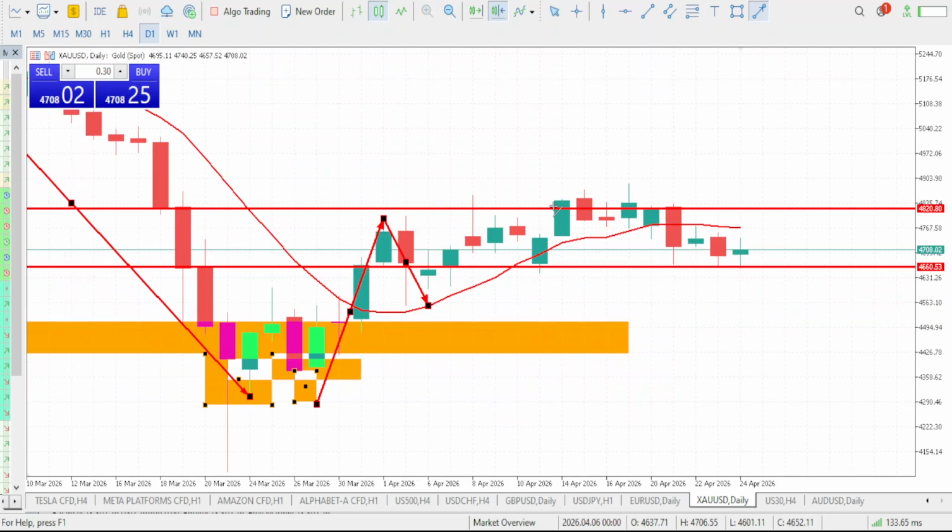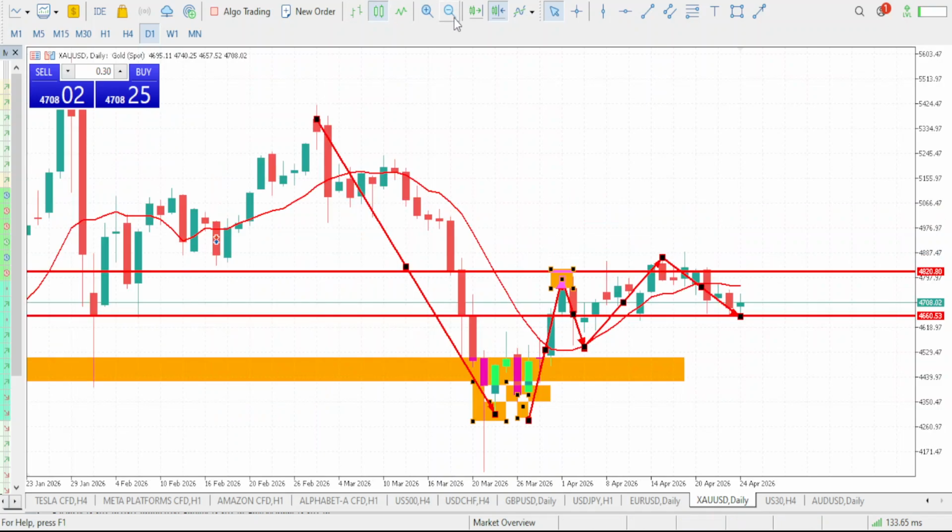Market then was able to push up again. You can see it. Market then was able to push up again to form a new higher high. So you can see that market pushed up to form a new higher high that took out this previous high, right? Here comes the higher low right here. So this is the pullback phase, which is the higher low. So with this pullback phase, which is the higher low, guess what we will be expecting next on gold?